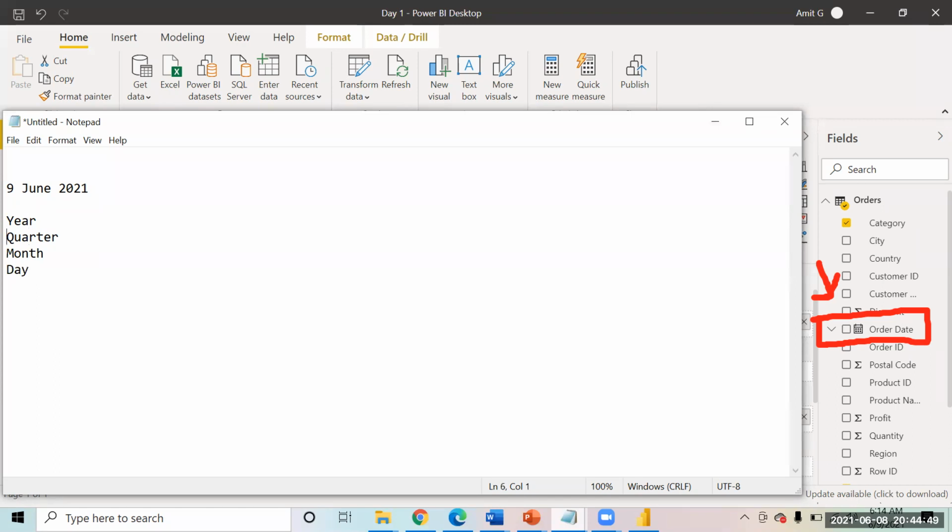Year as in 2021, quarter is Q2, month is 6, and day is 9, 9th of June. So from a date, I can extract a lot of information. And also, there is a hierarchy that goes up. In a year, there are 4 quarters. In every quarter, there are 3 months. In every month, there are 30 days. This is a hierarchy.